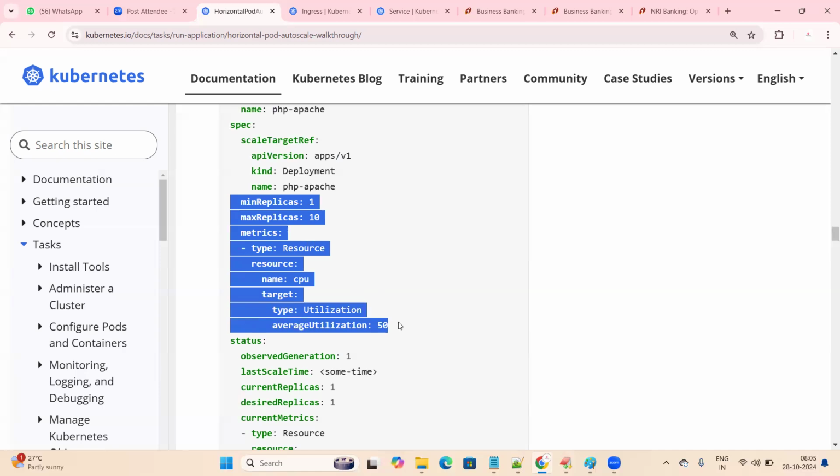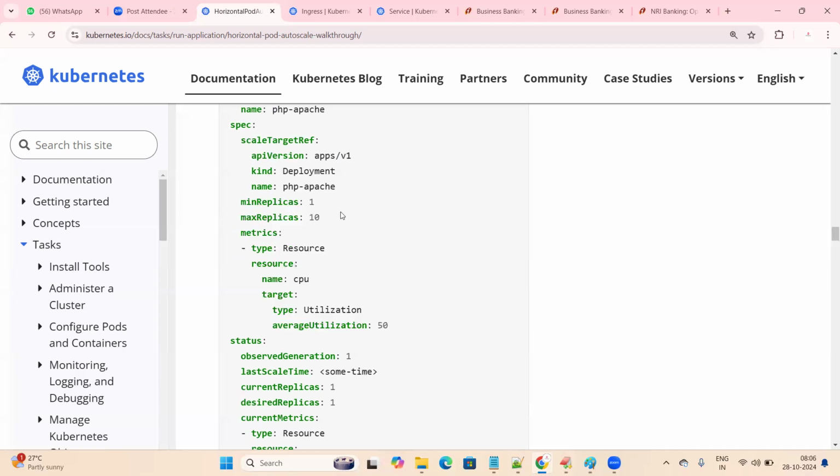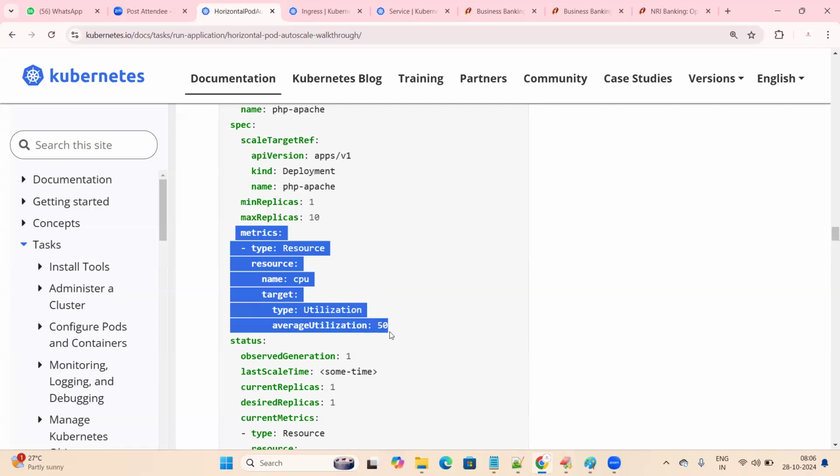So this is how we mention it in the YAML file. We give the minimum number of replicas, the maximum number of replicas, and we also specify based on what metric the pods should increase. Based on what metric, the CPU utilization increases. All these things we can understand